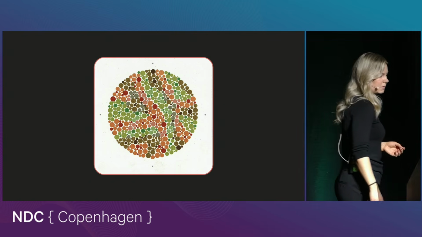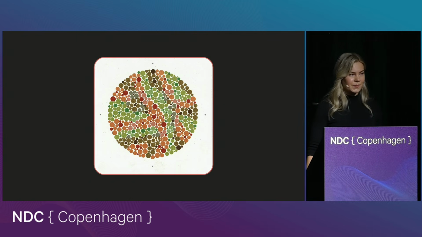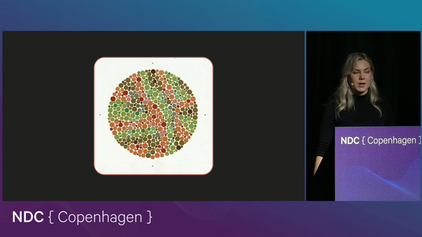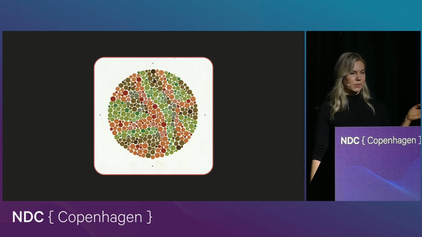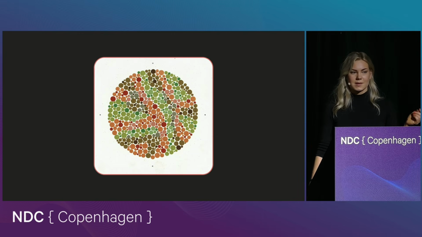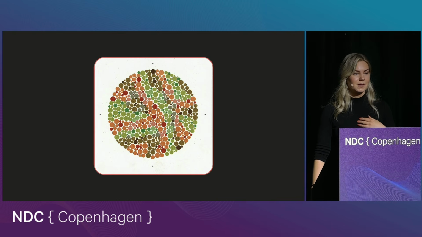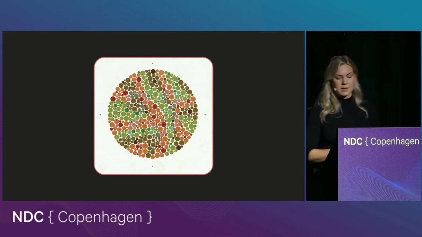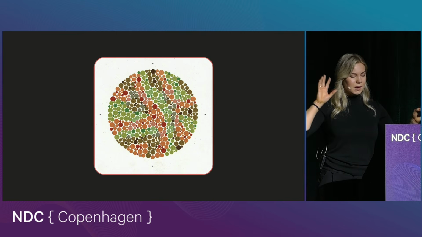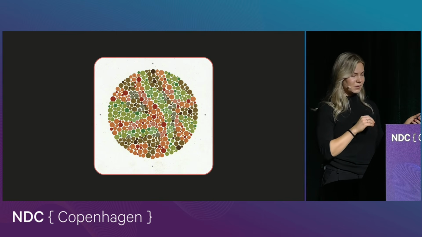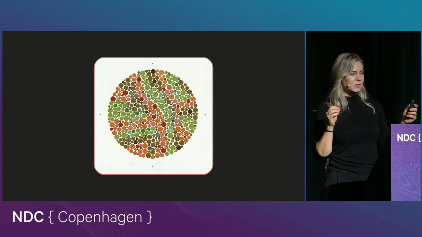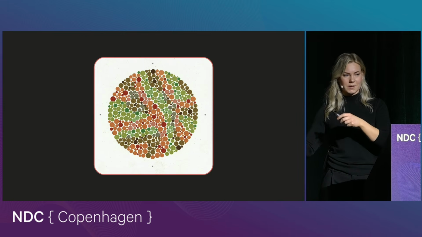Now, yell out if you see a number. You can raise a hand also if you see a number. You see a number? Do you want to tell me what it is? 31? That's very interesting, because I know people are seeing different numbers here because colors are perceived so differently from